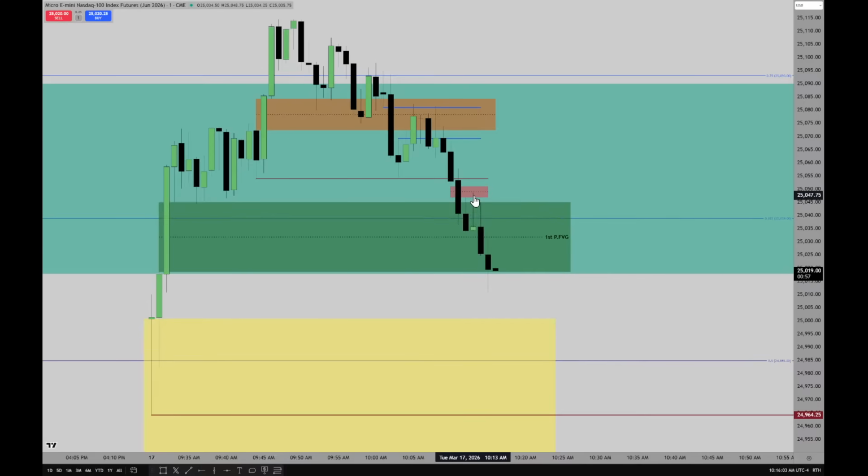But look where the high of that candlestick went to. Look real close. Did it touch the consequent encroachment? No. And that's why you saw this nice little run after it hit the high of the first presented fair value gap over there, drop down, and now we went to the low of it. So what you would want to see is price stay out of the upper half. Don't put any more bodies in the upper half of that first presented fair value gap. And then look to see if it can get down into the opening price.